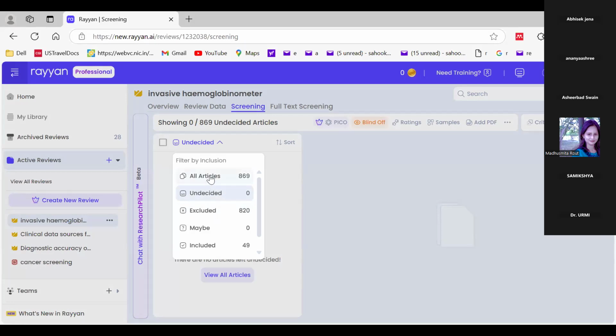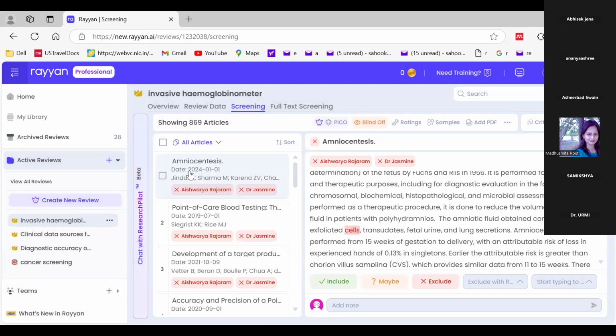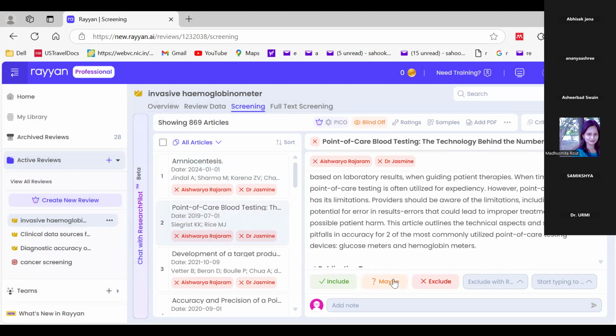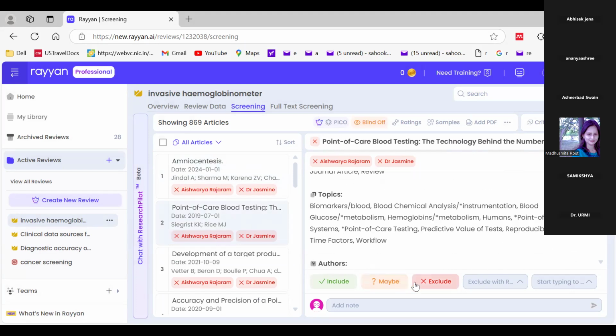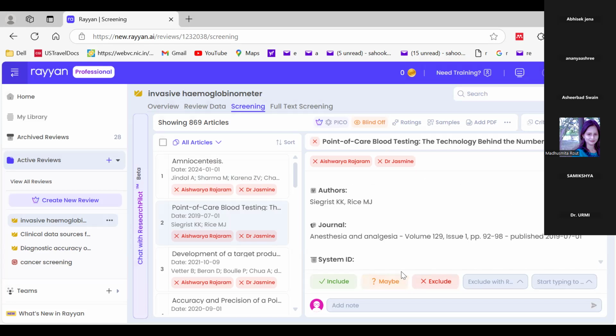If I click on all articles, it will show like this only. Suppose I click on this one, point of care blood testing, the technology behind the numbers. Here below there are options: include, exclude, maybe. I read the title and the abstract. If I feel it is related to my topic, then I include. If I doubt it,